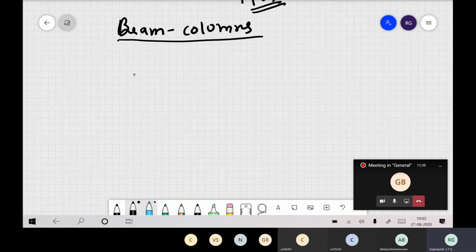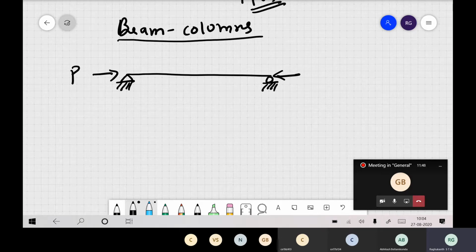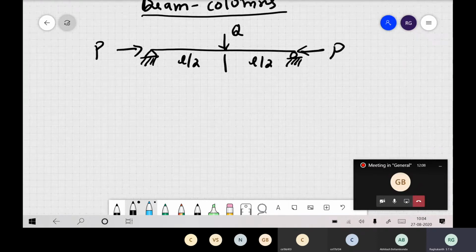Now I think last class we have already started. You have a simply supported beam, which is subjected to this load P, that is an axial load. And I think we started with a classical problem, that is you have a concentrated load at the middle, L by 2, L by 2. These are the most common starting problems in structural analysis also, like simply supported with concentrated load. Now last class I already told you, you can solve this problem by a fourth order ODE,